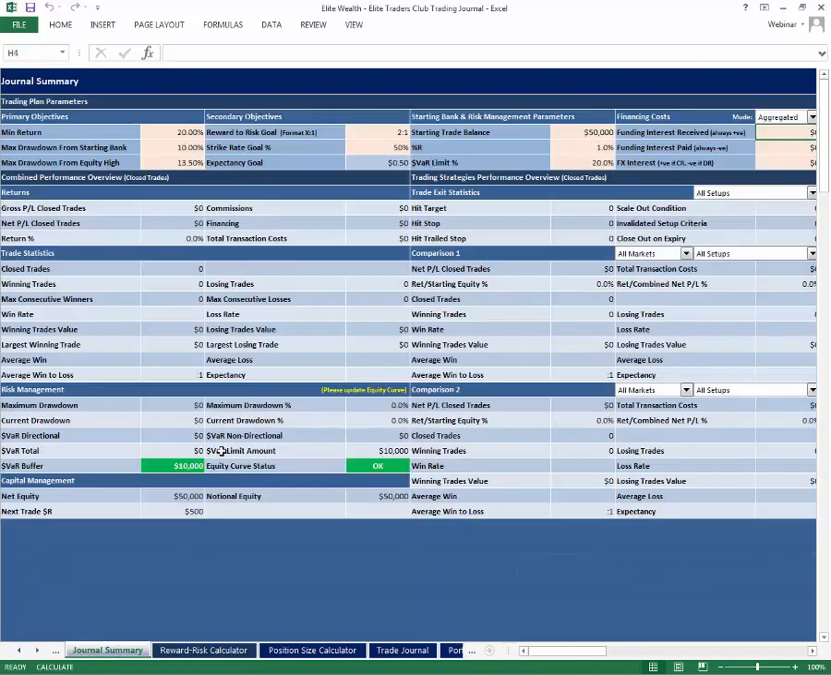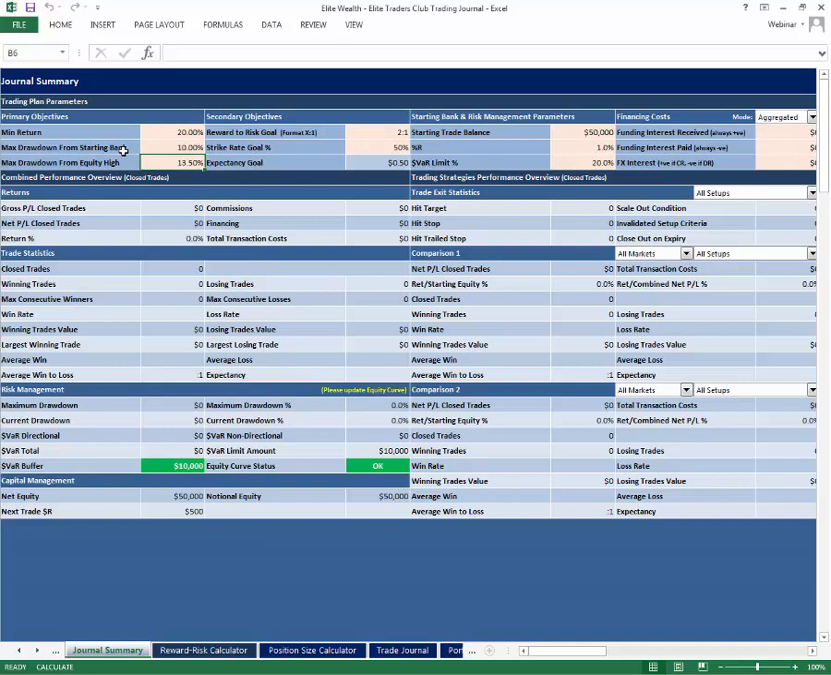So let's go through how to set this up. Most information for setting up comes from your trading plan. The first page to start with is the journal summary page, and starting at the top left hand corner is the minimum return. That is your long-term profit target, which you will have in your trading plan. The next cell is the maximum drawdown from a starting bank. So we've got a couple of measures here, this cell and the next cell,